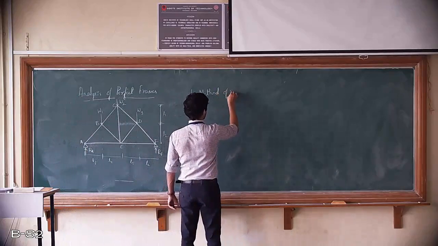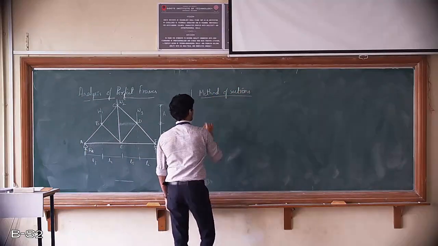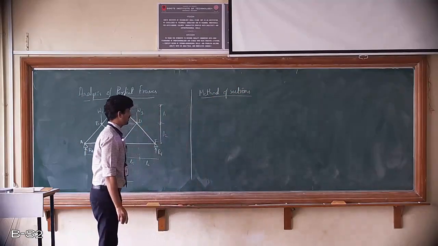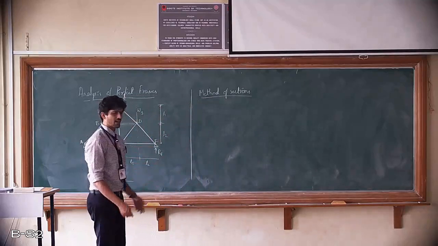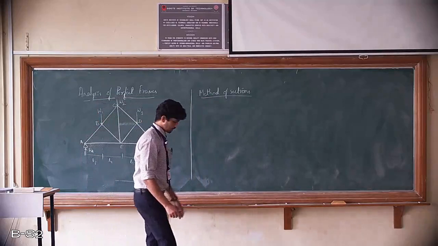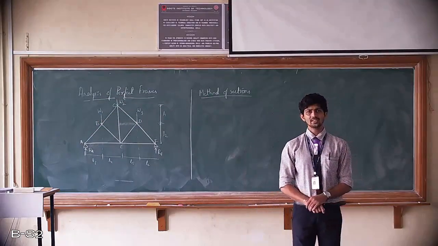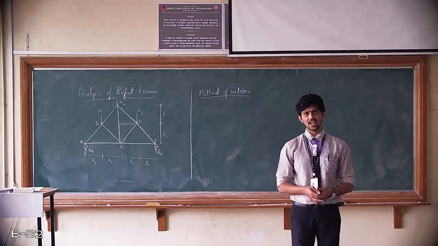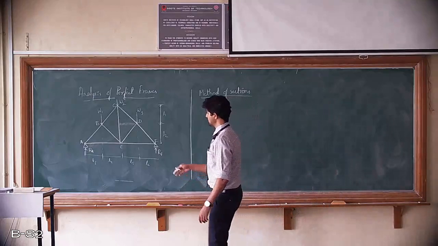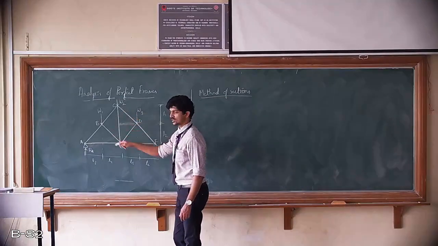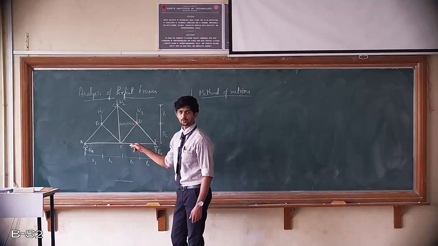So this is the last topic, method of sections, and we'll try to deduce one numerical, that is one example, how to find. So first we'll understand what is method of section, or why the method of section is required. Method of section is one of the methods to solve all the internal and external loads acting on a structure. Now here we have seen we need to deduce the external loads acting as well as the internal loads in a structure, that we need to deduce.